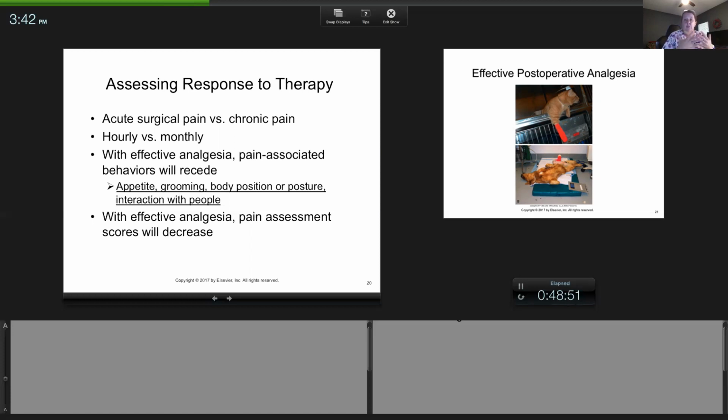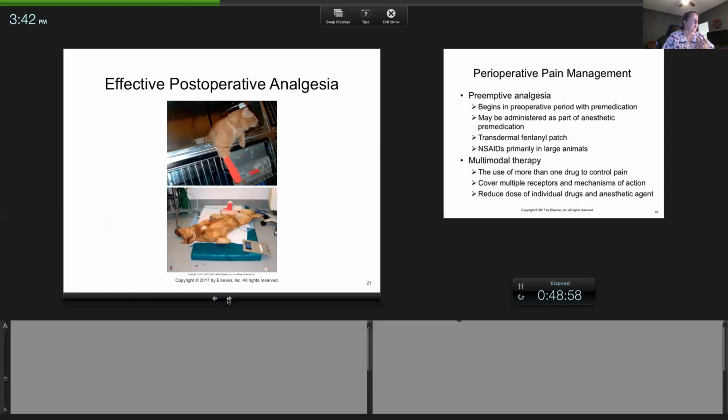Their body position, posture, and interaction. A cat, well, let me get to this picture. Now, there's always a scared cat, but if a cat hurts, they're normally at the back of the cage. They might cower, but if a cat is very happy, ears up, purring, rubbing on you, this cat is obviously, maybe this was a declaw and the bandage came off, but this cat is very forward, interactive, and obviously